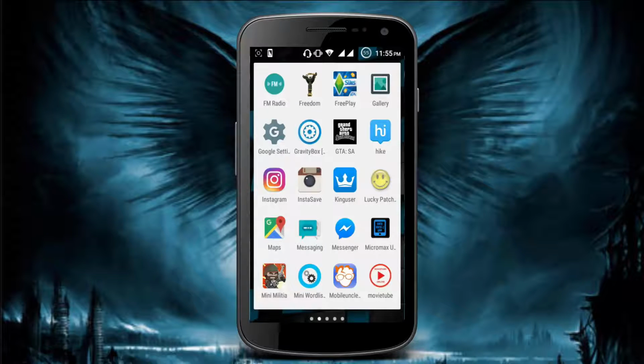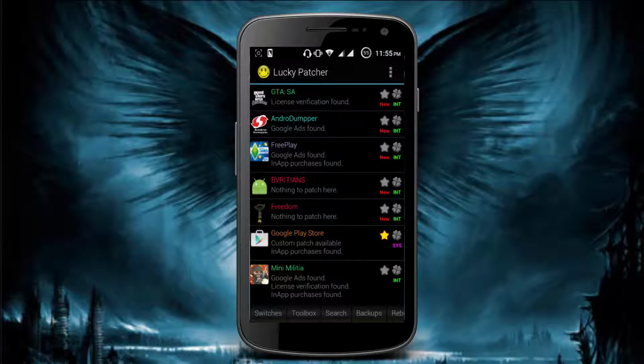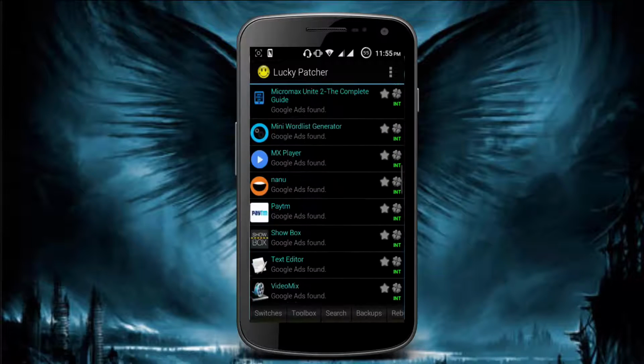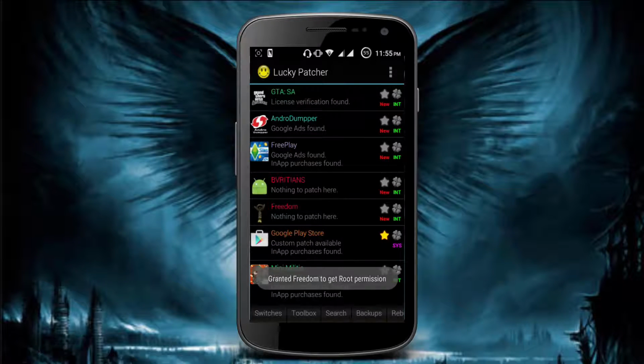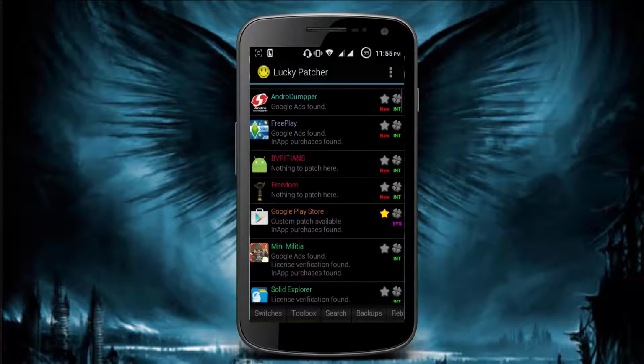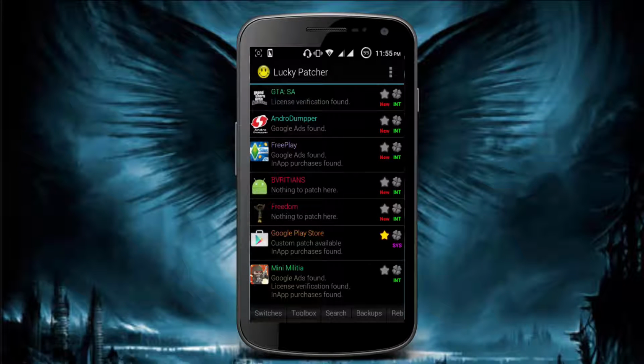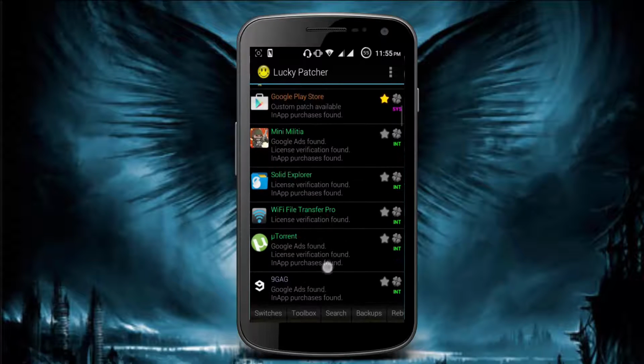So opening Lucky Patcher right away. Here it shows all the apps which you have in your phone and which can be patched, which cannot be patched, etc. Here we have some app I'm making, and see here, Android Dumper. This is some Wi-Fi hacking application, and this has Google Ads and free play. So let's go to